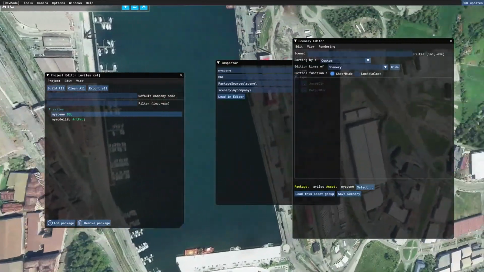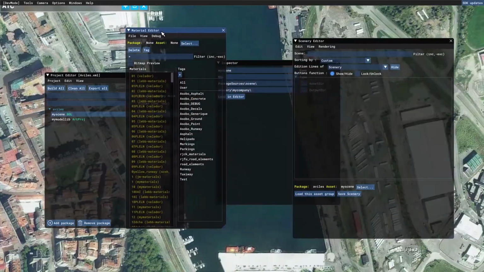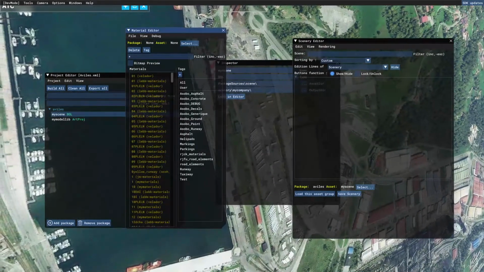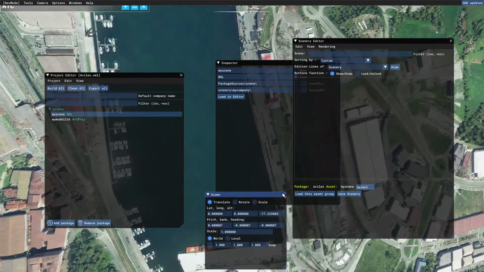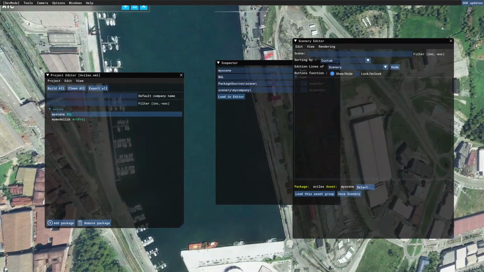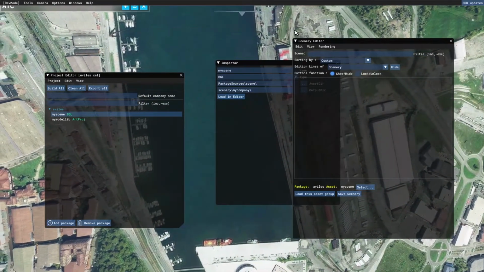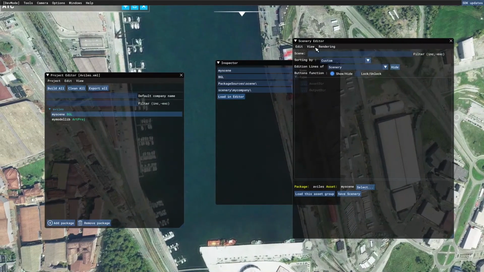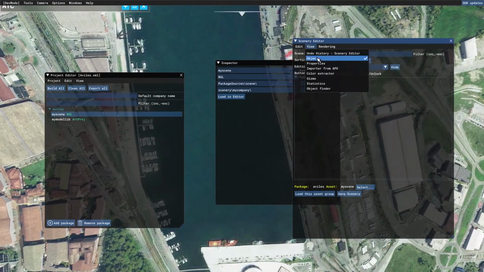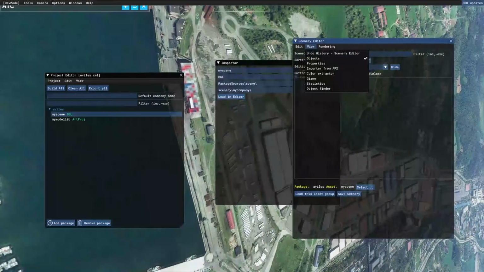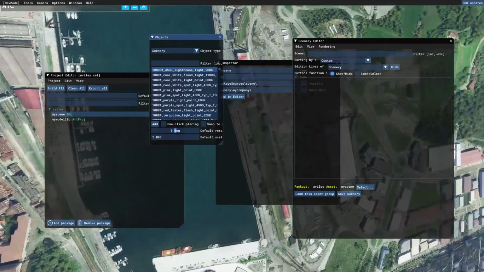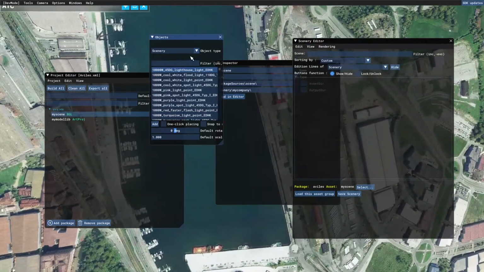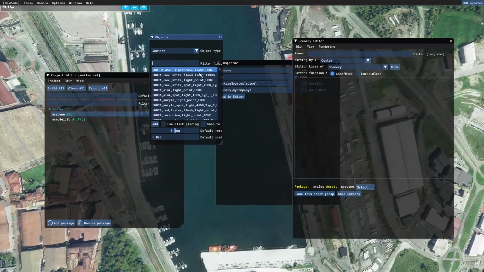And it's going to open several other windows. It depends how you have it selected, but let's close all of them because the only thing that I need right now is this scenery editor. I'm going to view objects, and it's going to make me a list of all the objects that are in the simulator. So view objects, and then what I need in the filter is to put the word